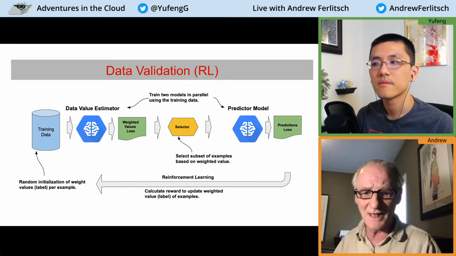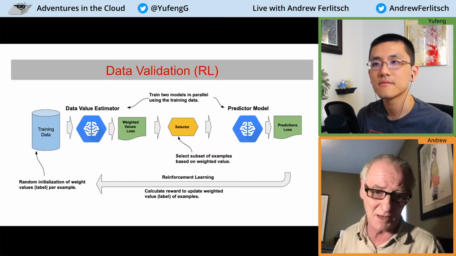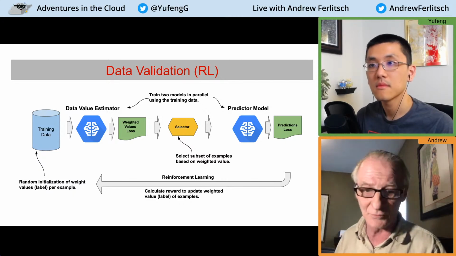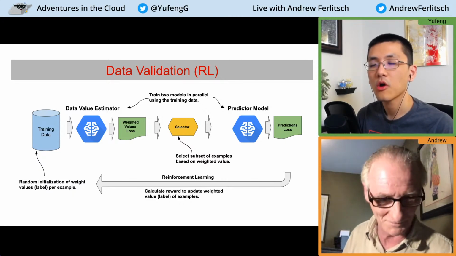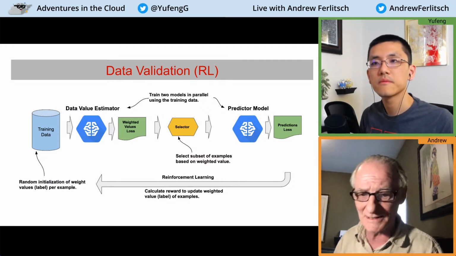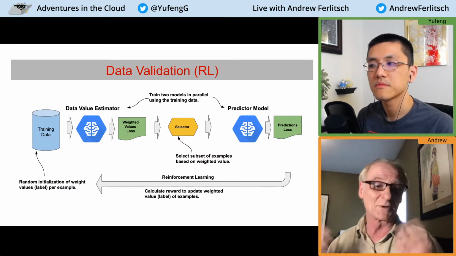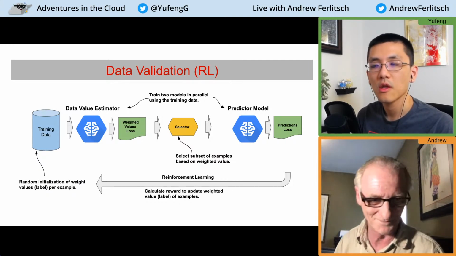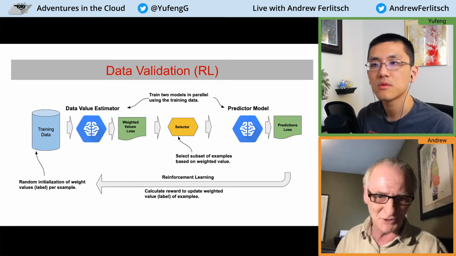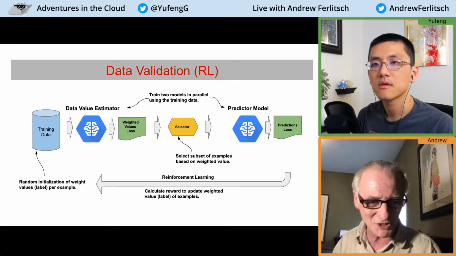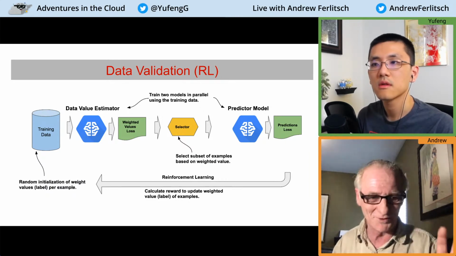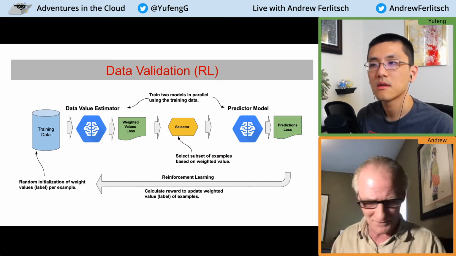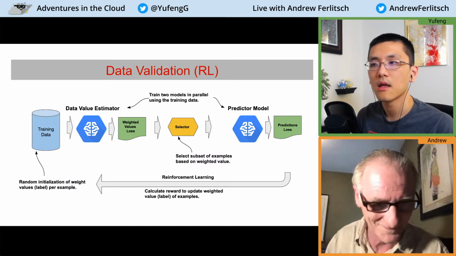And so, data validation using reinforcement learning. You work with two models. You have your predictor model, the one you're trying to train. You have your data value estimator, which is really a reinforcement learning model. You take your training data, and it's going to start off, let's say, with a random hypothesis of how each example is going to contribute. You then send that batch to the predictor model, and you see how those examples did or did not improve the model. If you think of reinforcement learning, that's your reward function